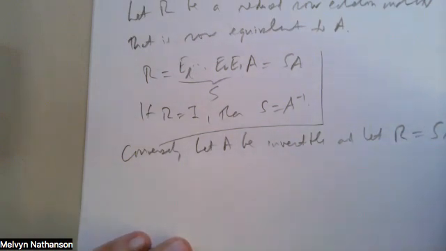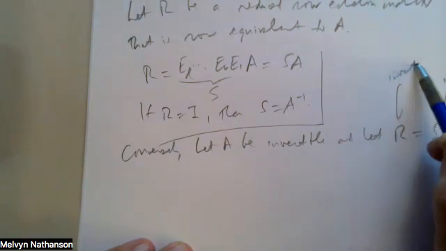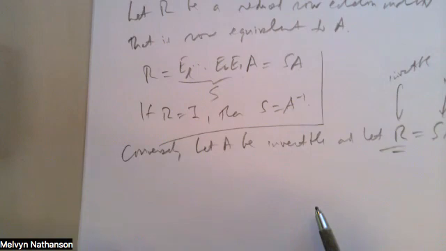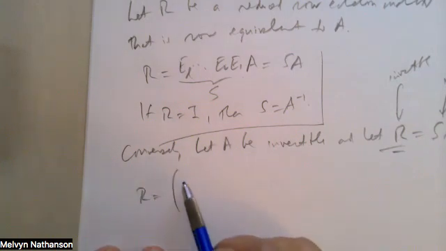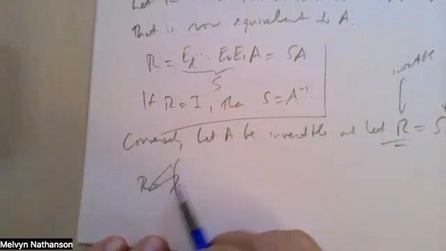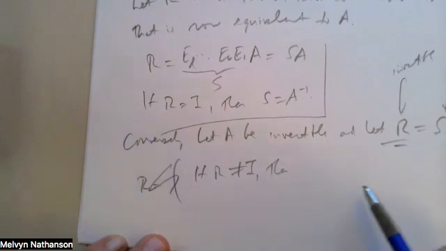So A is invertible. The product of elementary matrices is invertible. So the product of two invertible matrices is invertible. So this is invertible. R is the reduced row echelon form of the matrix. So what does R look like? R is a series of rows. Now, if R is not the identity, then